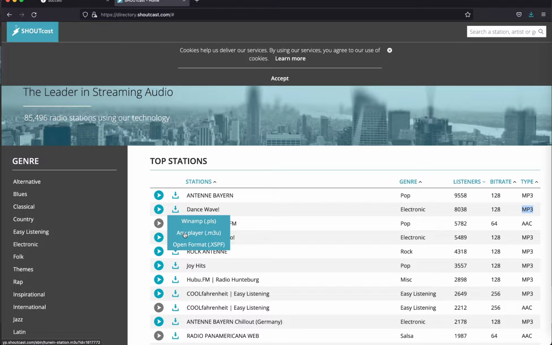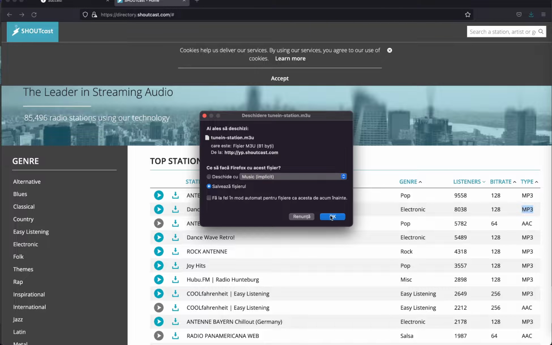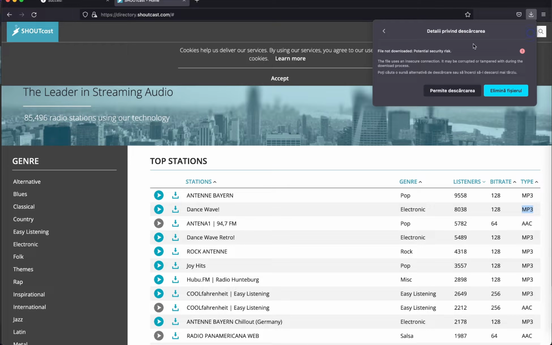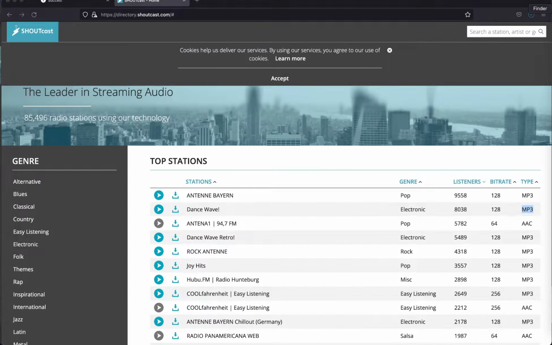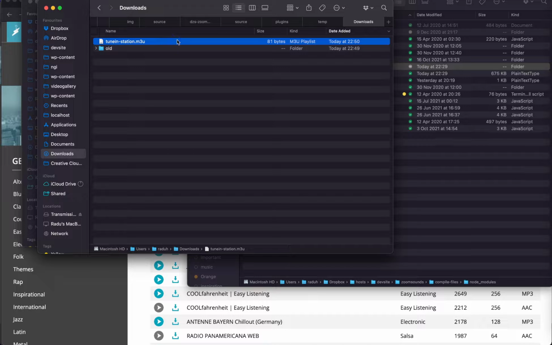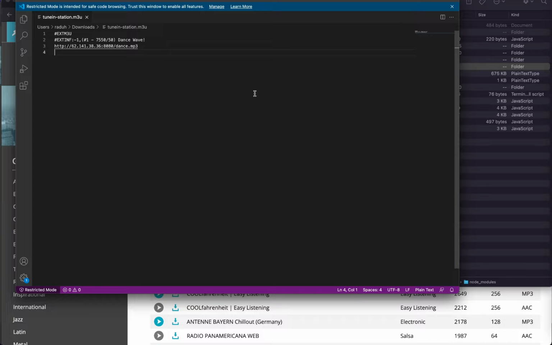We are asked for different formats, but the correct one that we can use is m3u, and we can just save it. You might be prompted that it's unsafe, but it should be safe, and we can just import it in a file. And what you see here is a link to the station. We can just copy it